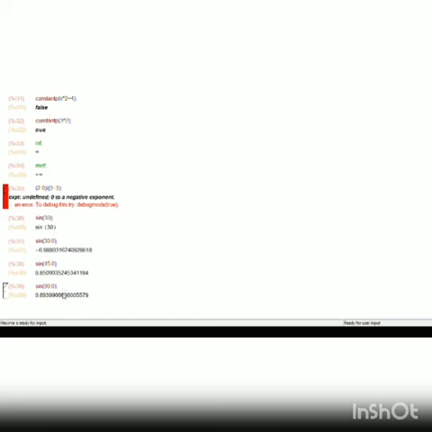What is this? Sine 90 is 1, but it is giving you 0.8939 something. Remember, this is in terms of radians. It is saying 90 radians. We have discussed in angles, sine 90 degree is 1. So you have to use, remember, in terms of radians. We are giving in terms of radian.